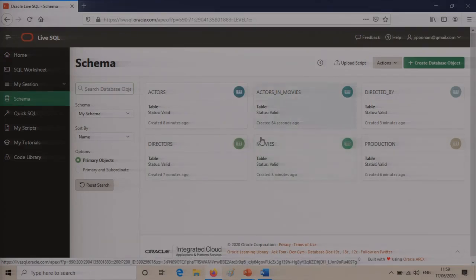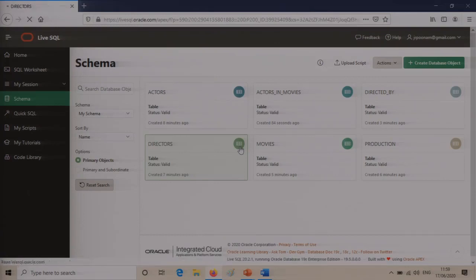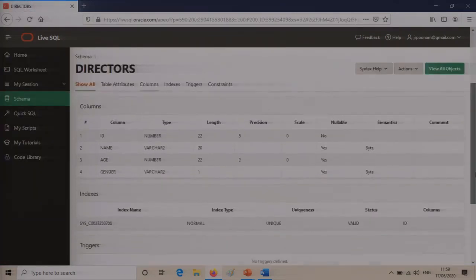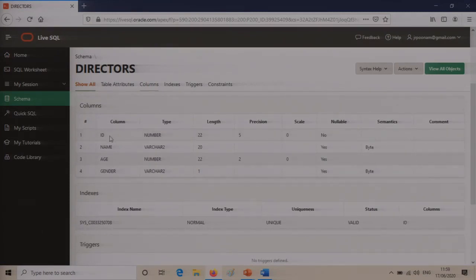If you want to go into the detailings of it, you can just click on the box that is drawn here, and then it will open the schema or the structure of the table. So we have all seen this, how to go through it. You can see there are 4 columns here: ID, name, age, gender. So these are the data types. This is the length that you have given. You can also click on constraint here.